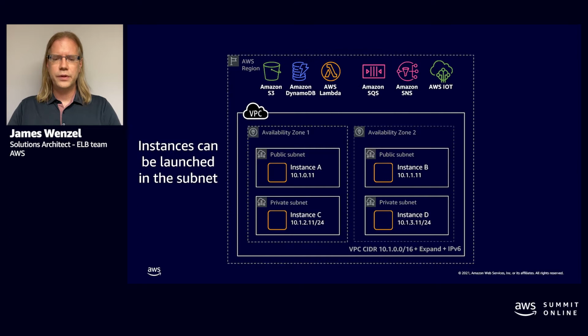One other thing too to mention is within this region, we are showing that we have 2 availability zones available, but there are sometimes many more than 2. It can be up to 3. Some of them have more than that. We strongly recommend that when you're launching your instances, that you launch a pair in each availability zone. This again will go back to taking advantage of all of those availability zones, redundant power, redundant locations, fault tolerance. The issues of having an AZ going down will not negatively affect your workload. So you will automatically inherit the HA and redundancy if you use each of the availability zones out there.